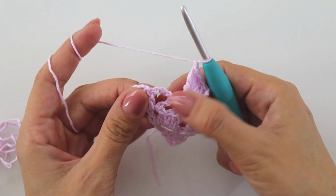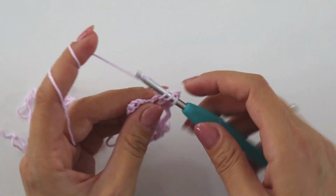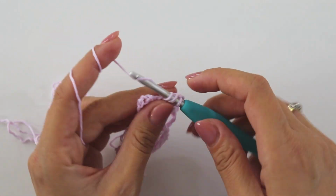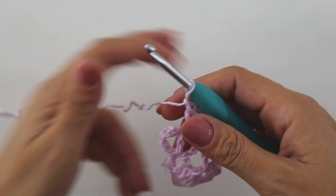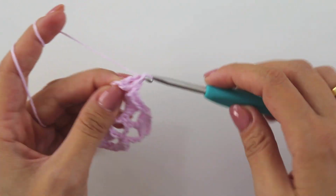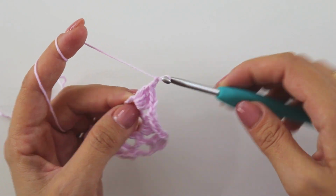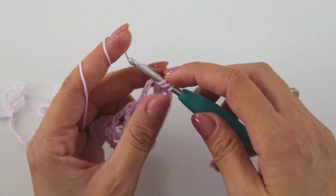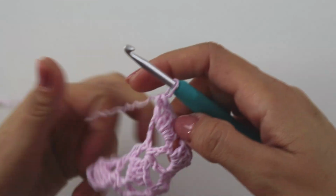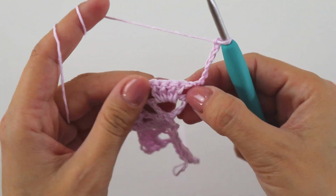chain 1, into this next put 4, chain 1, and into the next put 4. Chain 1 again and put 1 more double crochet here. Chain 6, turn and make 2 big V's,